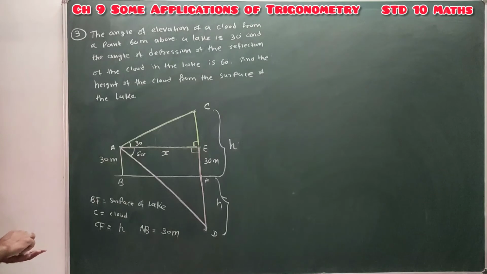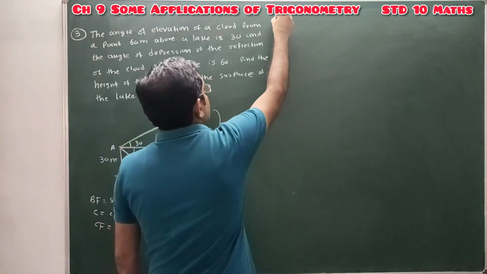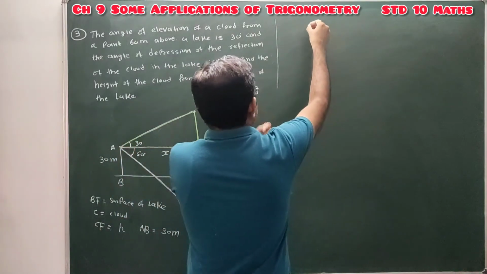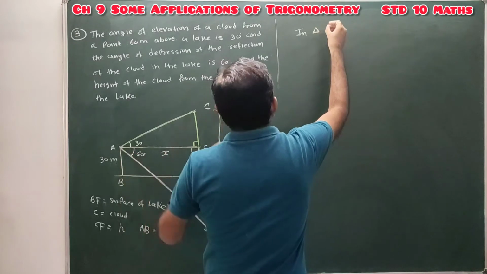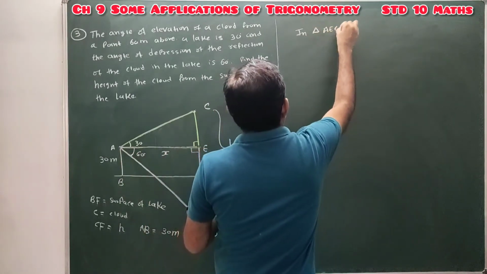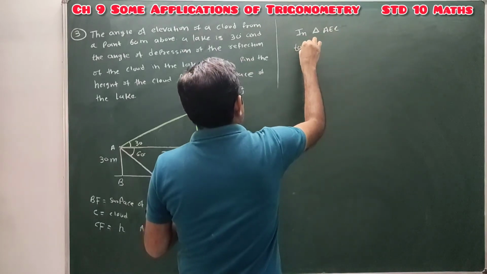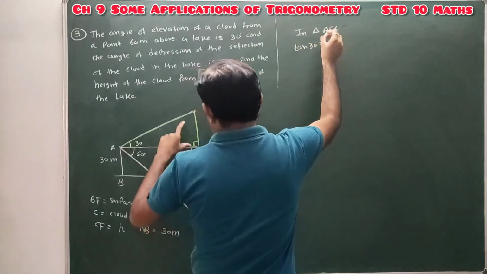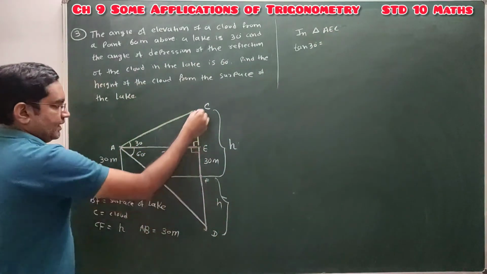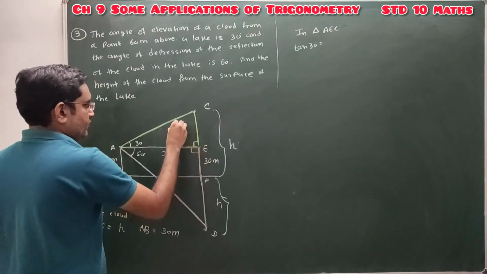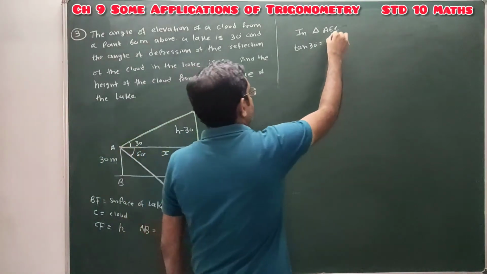Done. So now in triangle AEC, we can apply tan theta, or we can say tan 30 equal to opposite side CE. How much will CE be? Total height h, this one is 30, so this will be h minus 30. So CE is h minus 30